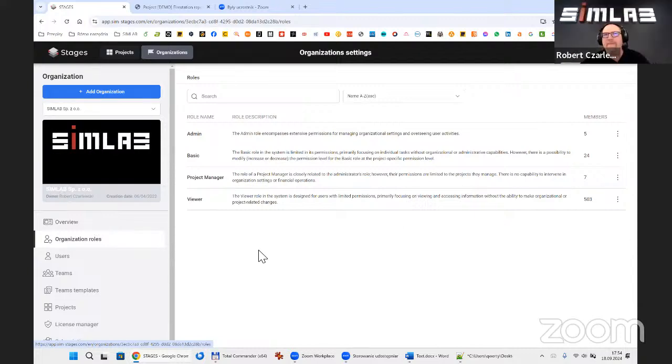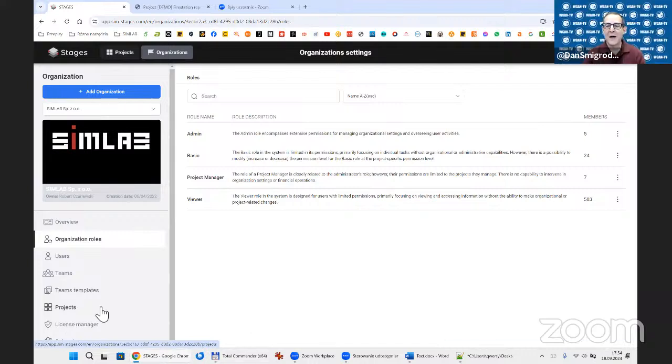For example, the Teams templates are more for the bigger groups of users with the same level of privileges. But if I would like to change something for one user in my project, I can do this from the project level and change this level of permissions using the menu I just showed you. Okay, awesome.